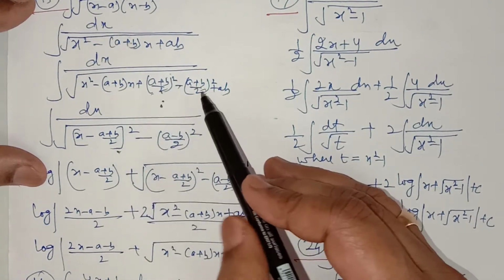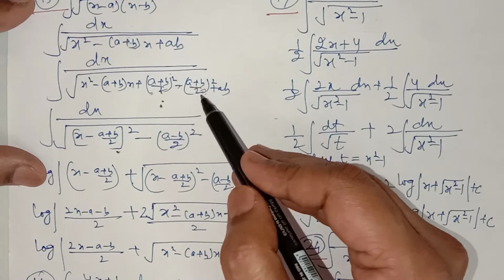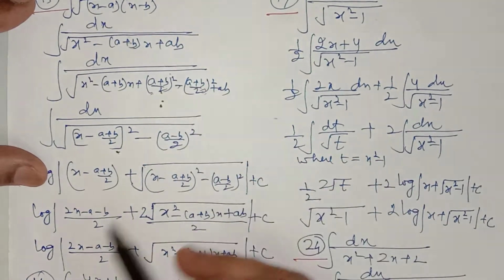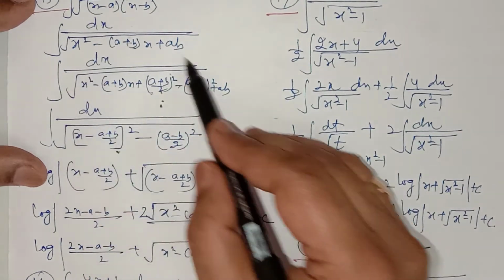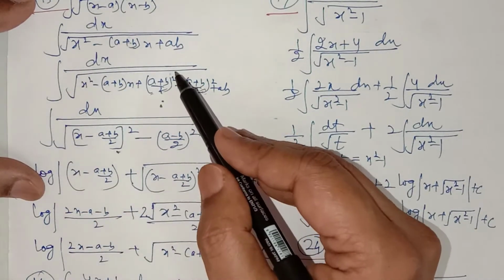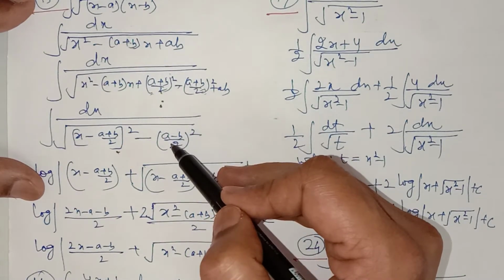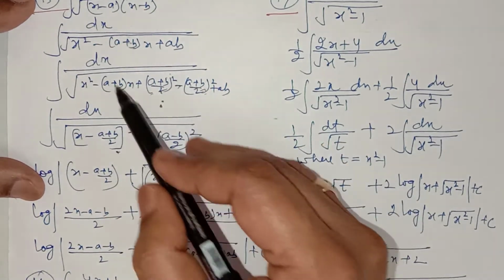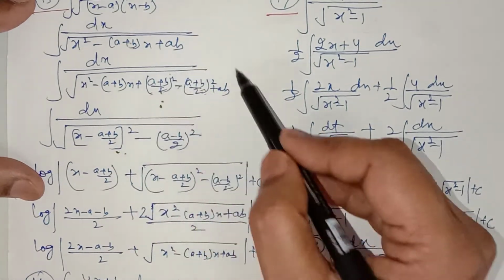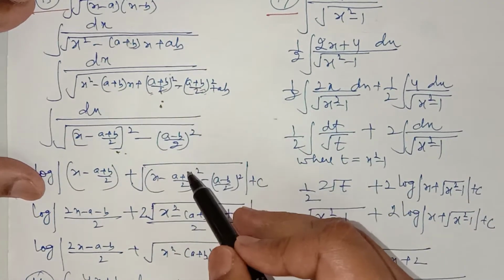whole square. And when you simplify this, minus ((a plus b) upon 2) whole square plus ab, you will get ((a minus b) upon 2) whole square. See it very carefully. Take your own time to calculate this. You can use 2 to 3 steps to come from this step to this step. I've written it directly. It is minus ((a plus b) upon 2) whole square. When you simplify the last two terms, you will get ((a minus b) upon 2) whole square, and